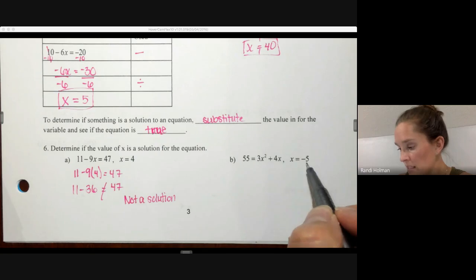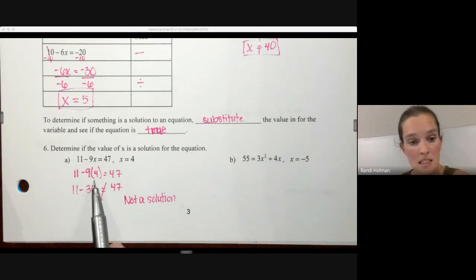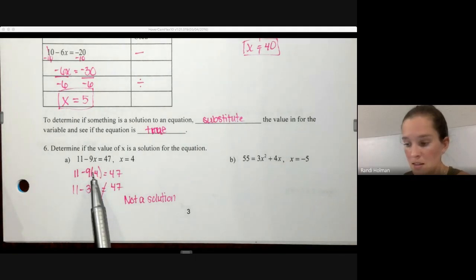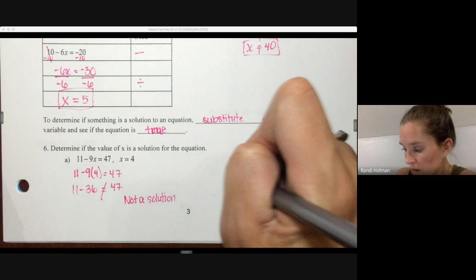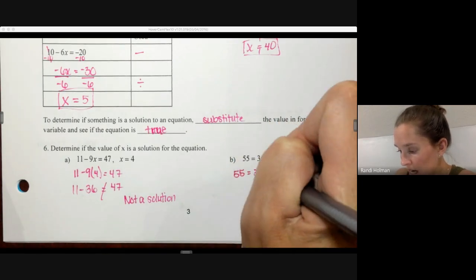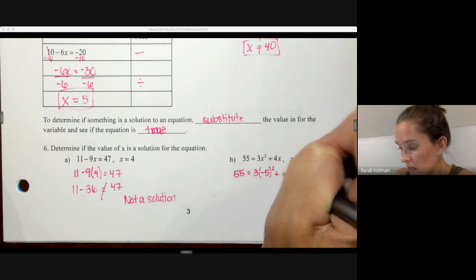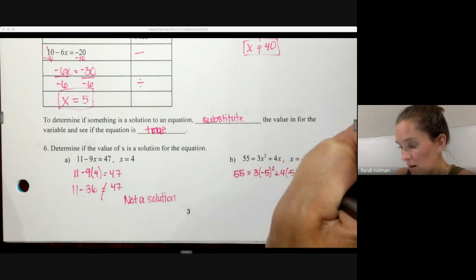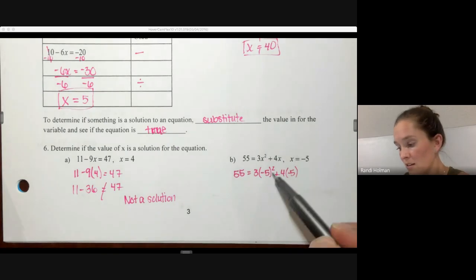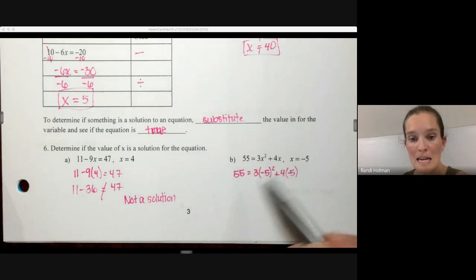If I want to find out whether x is negative 5 is a solution. One thing I didn't note, but is really important, when you are substituting in a value for a variable, it is a very good idea to always put it in parentheses. So if I just look at this one, 55 equals 3, and then we're plugging in negative 5 for x and negative 5 for x. And those parentheses are important, especially when you're simplifying here, because this negative 5 squared,